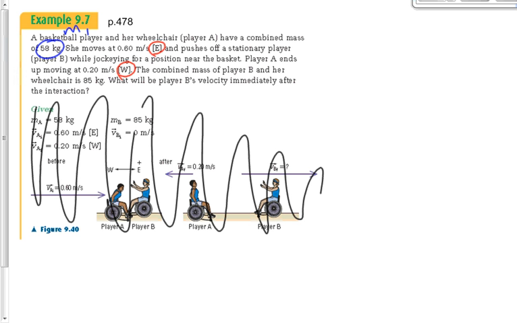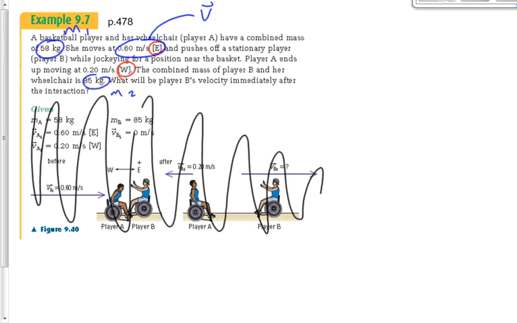I go with numbers. M1I, M1F. If you'd rather go with MA because that's the way it's expressed there, that's fine. But I'm going to go with M1 and M2. We got M1, we got M2. This is a velocity. Going to be V1 or V2? Tyler, V1 or V2?